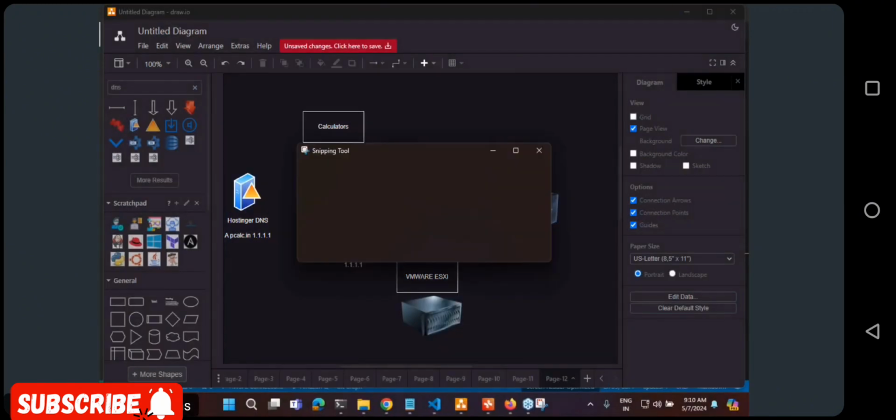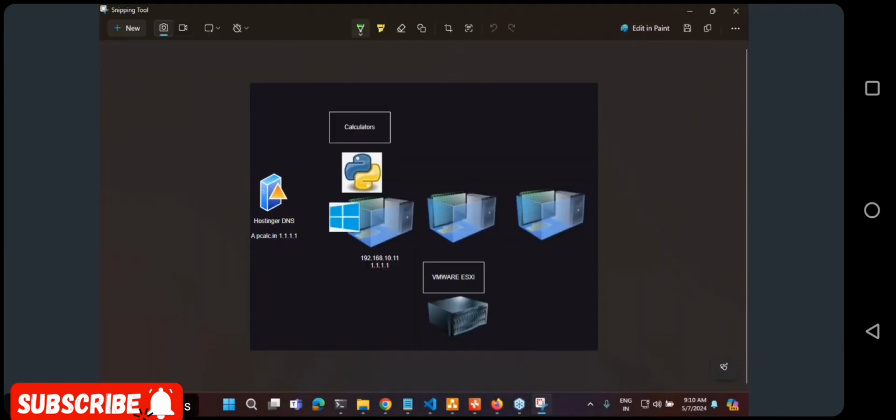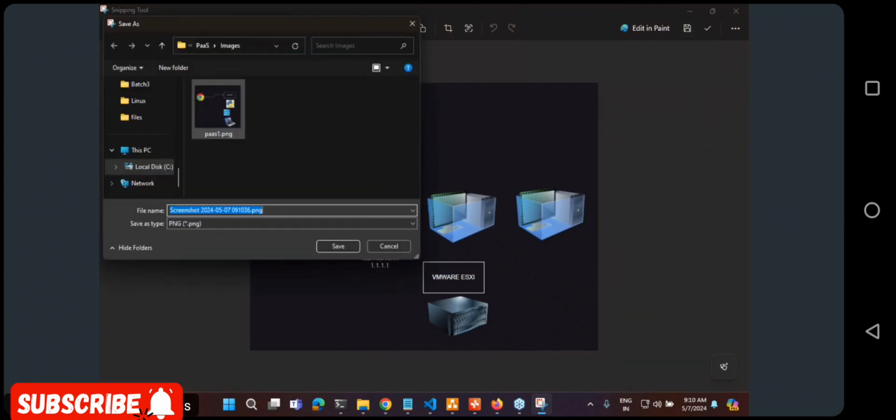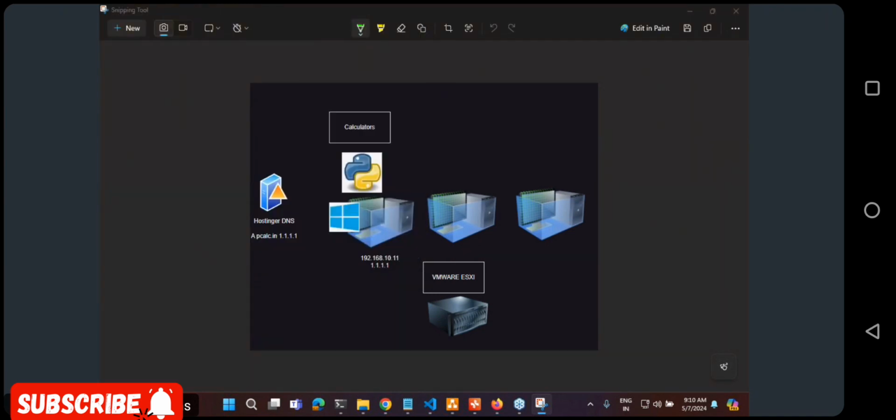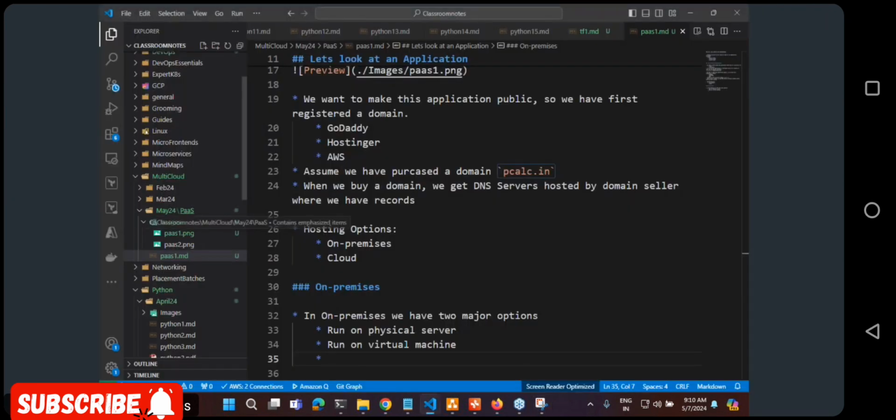So this is the virtual machine option. Here the thing which you need to understand is VMware. On premises, most of the application deployments go over something called VMware. VMware is nothing but a hypervisor. So these are the options which you need to have. So now what is it your company needs to manage? Physical server, virtual machine, public IP address, mapping domain entries.